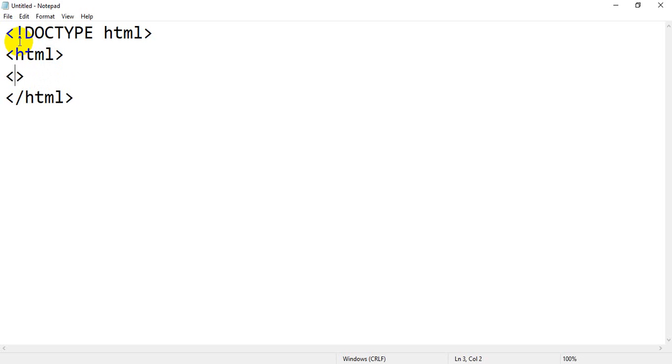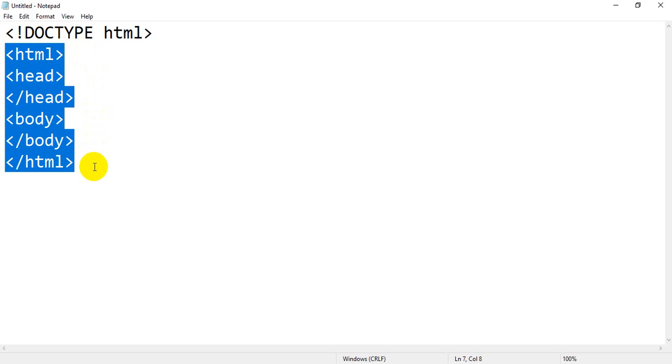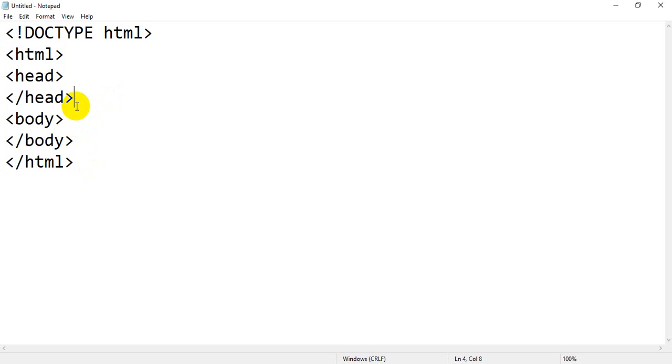After that, at the top, that is the head. So I will take the head tag and the closing head tag. Okay. After that, the main tag of the web page, where the content will be displayed, that is the body tag. So I will write the body tag and close the body tag. These are my six basic tags which are used to create any HTML page. Okay. Now all the content will display inside the body tag.